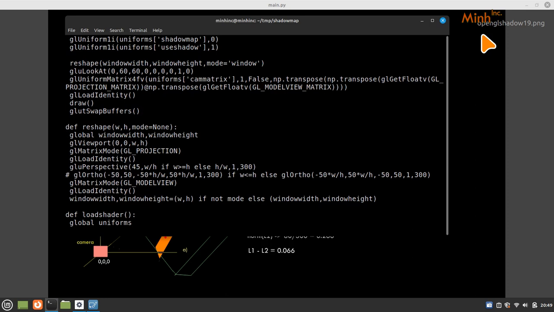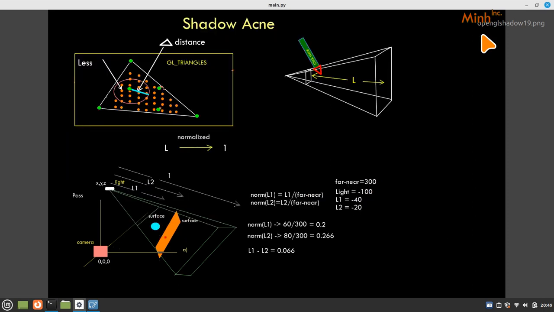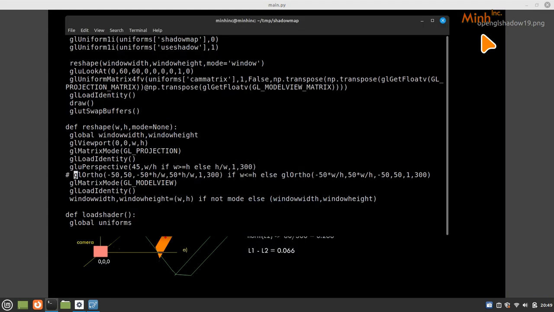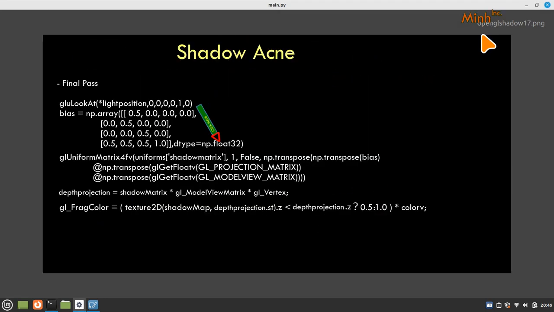Consider I am using GL ortho. If it is GL ortho, then the distribution depth-wise is kind of consistent. So now if there is a near plane and a far plane and L is the distance, then we normalize L to 1, because this is what we have seen, that 1 is the maximum distance that we see in the